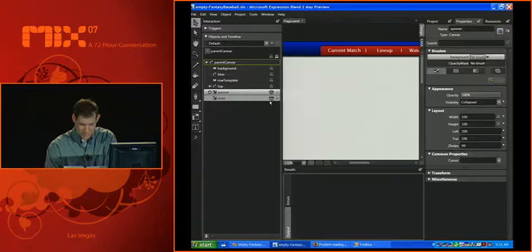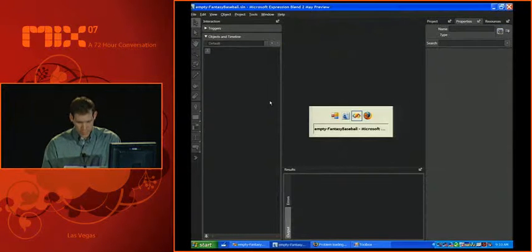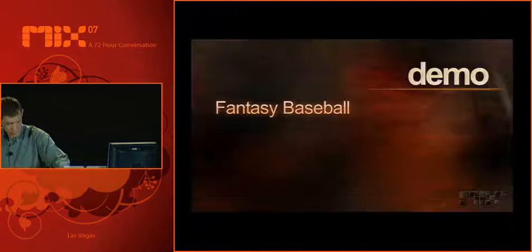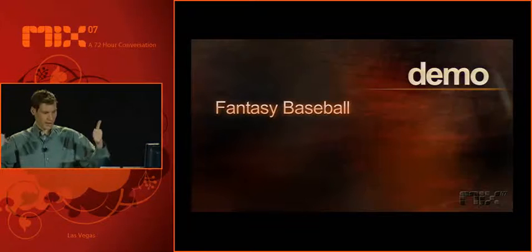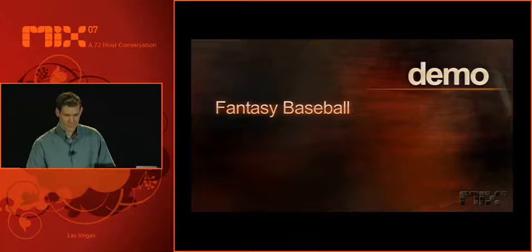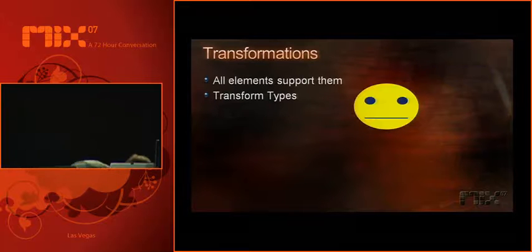Hidden, collapsed, same thing. And we'll go back to our other machine here. Yeah, I got it right this time. So